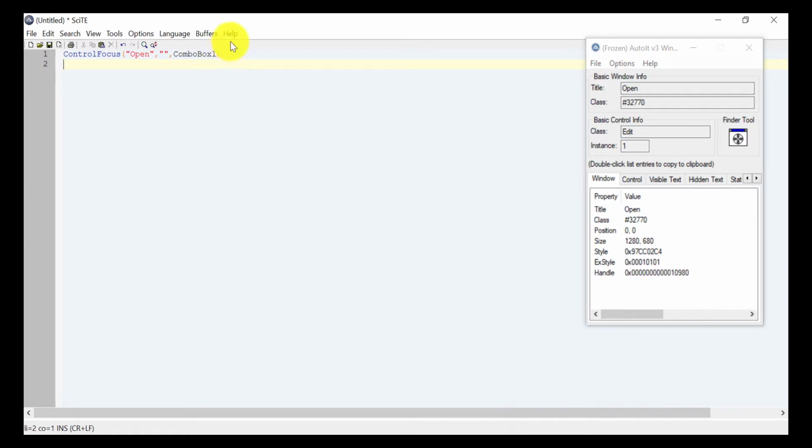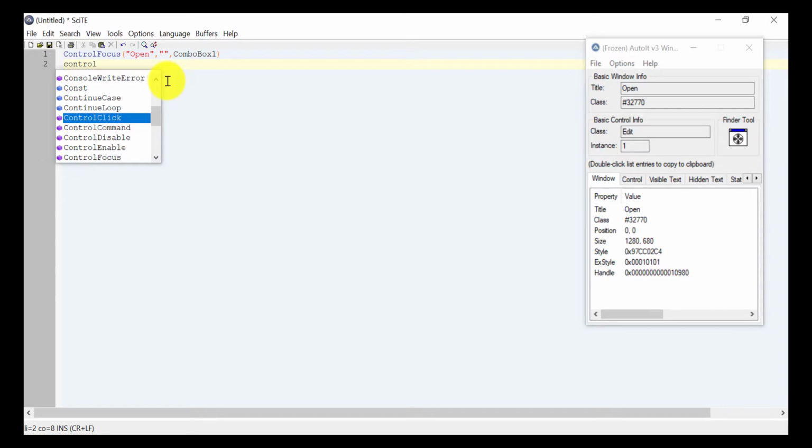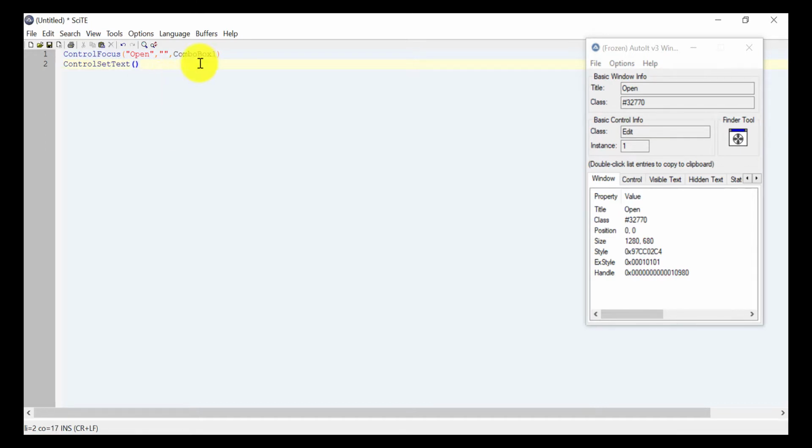So let me type ControlSetText. Let me check what arguments it requires: title, text, control ID and new text, that means the path of the file.